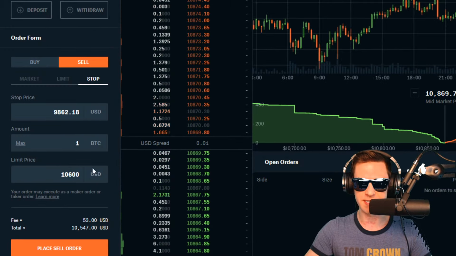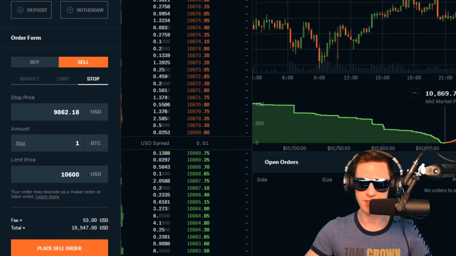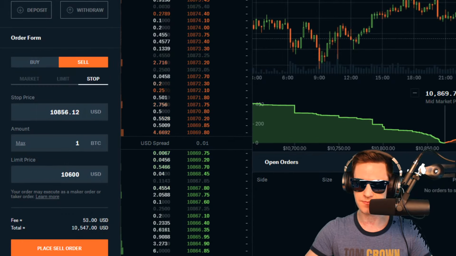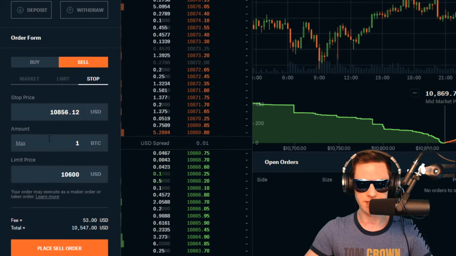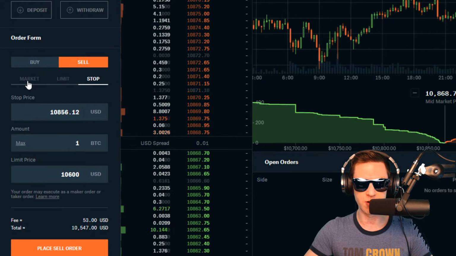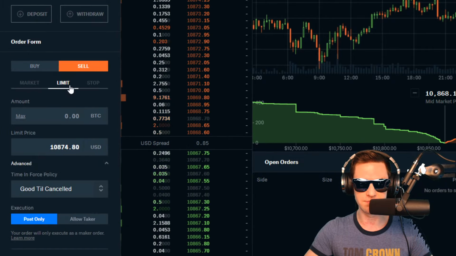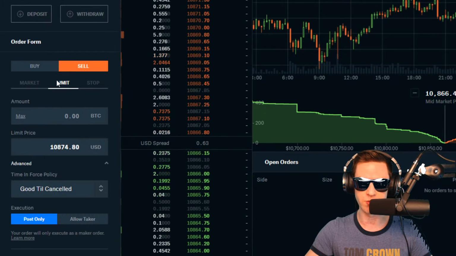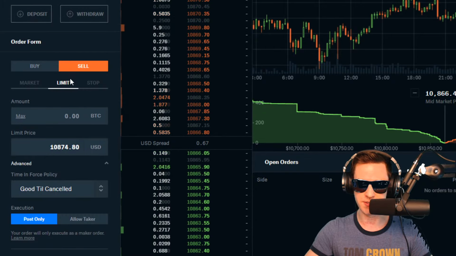A stop loss is definitely something that you don't want to use unless you understand how it works and what its purpose is. But it definitely has its use, more so than a market order. I'm not a fan. So limit order I think is the most valuable order to learn how to use, because